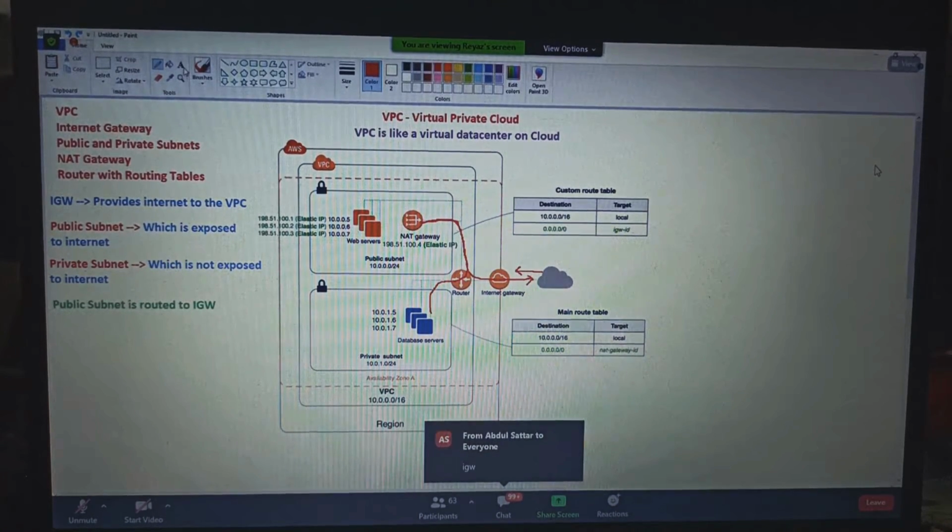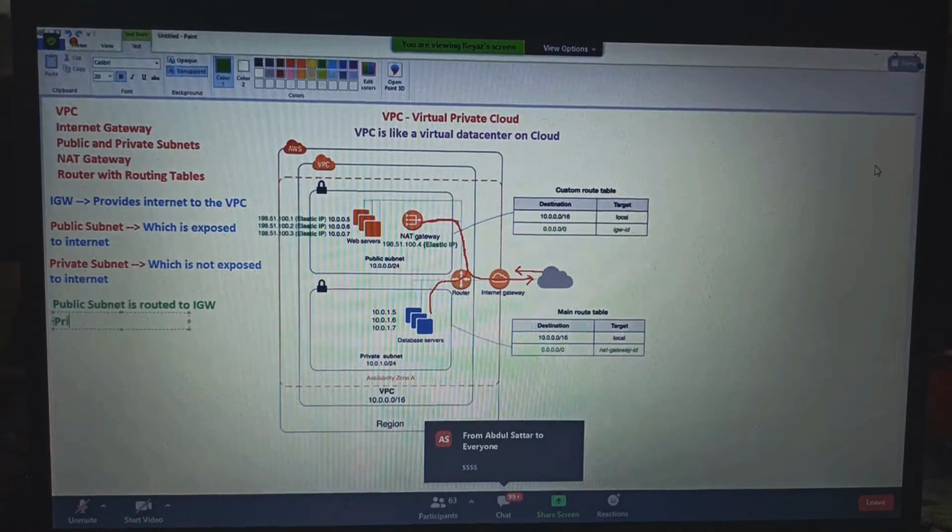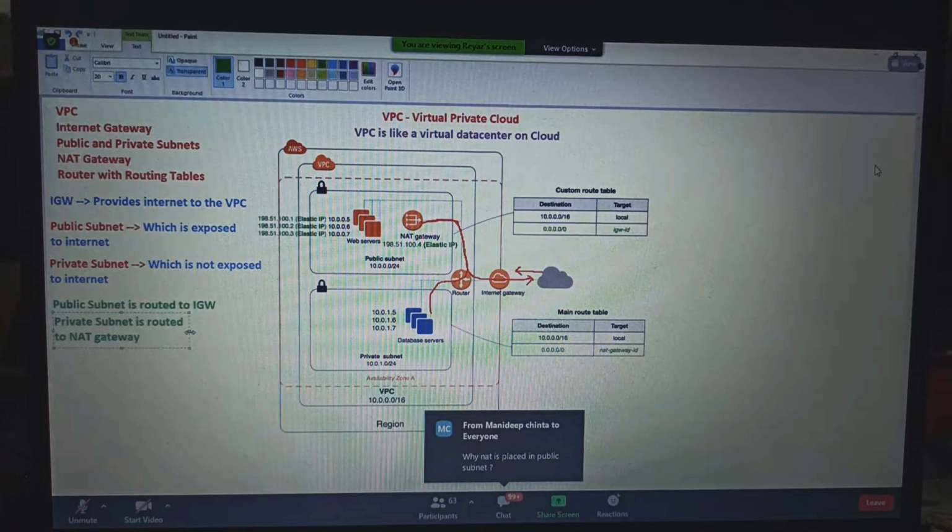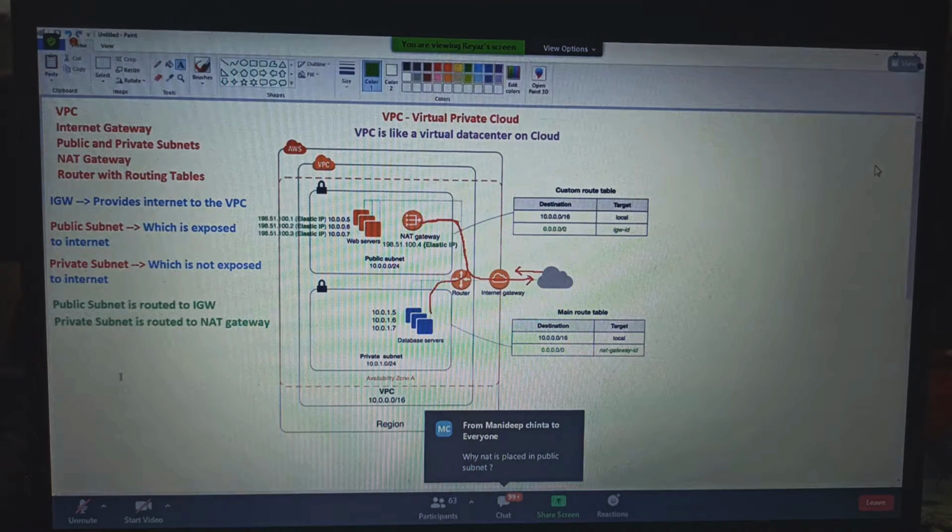Guys, you understood the catch? The public subnet is routed to the internet gateway and the private subnet is routed to the NAT gateway. And also, guys, NAT should be in which subnet?